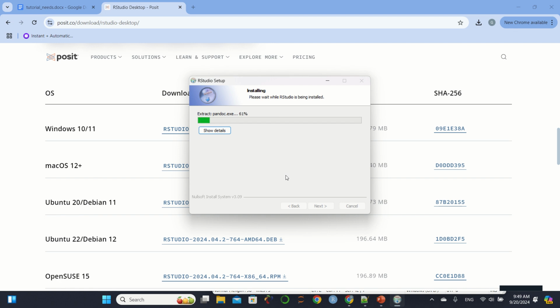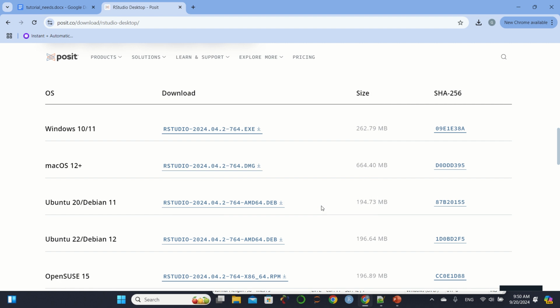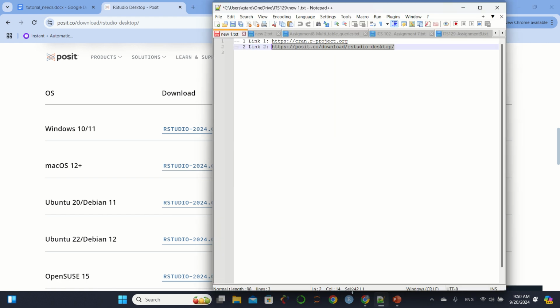And then I'll show you the RStudio environment when this is done. All right, and then click Finish. And then once that's done, we are good to open